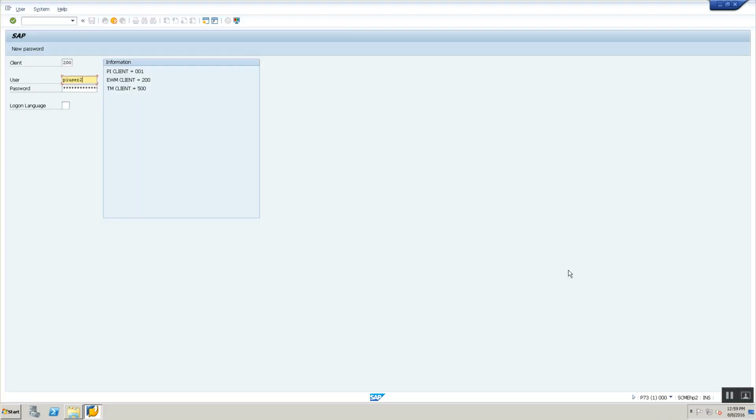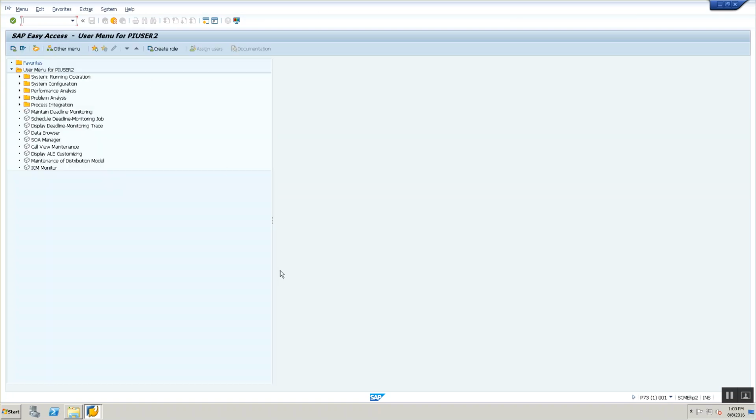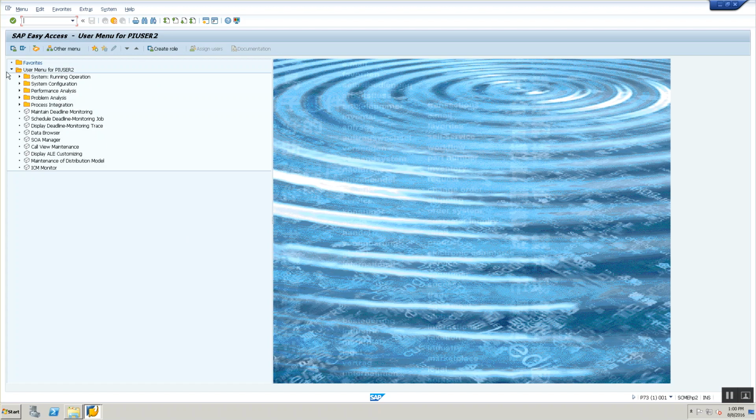I'm going to give my user. In my case, my PI client is running on 0001. In your case, you would need to reach out to your admin to get what client to be used, what username to be used, and so on. Once I launch my SAP GUI, you launch the transaction code called SXMB_IFR.